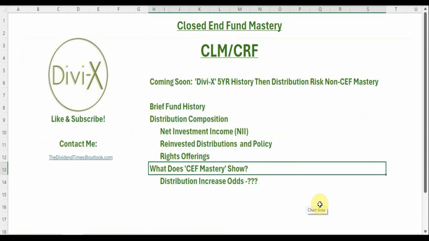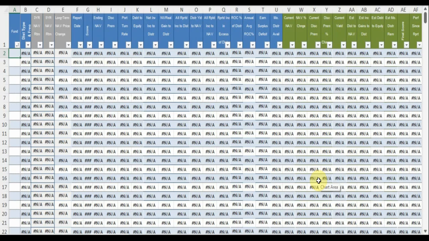I was hoping to dive a little deeper into the return of capital aspect of this fund, but this video is getting a bit long, so I'll have to do another video on that in the future. Next, we're going to look at CLM and CRF in the CEF Mastery Super Screener and see if these funds are even worth considering. If you are not familiar with CEF Mastery, I'm going to enter 2 additional funds into